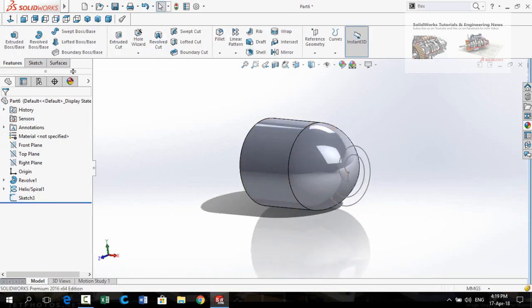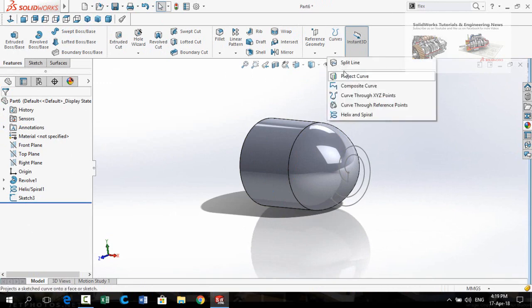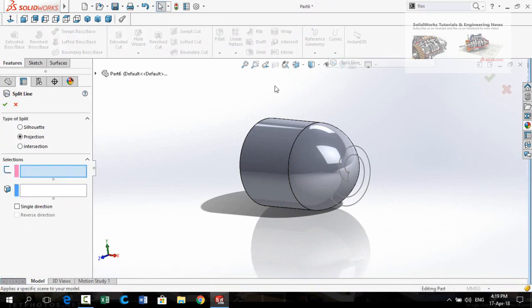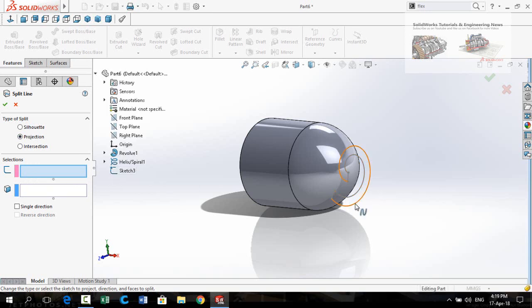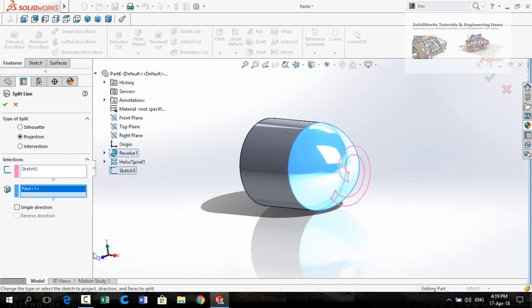Again go to features tab and then click on this curves button here. Then select split lines. Type of split is projection and the sketch is this offset entities sketch, and the face, select this face.